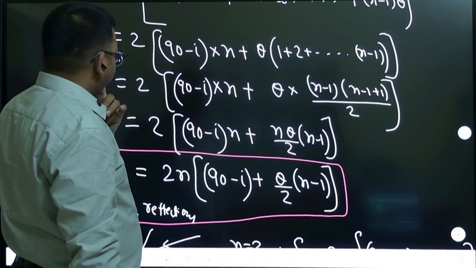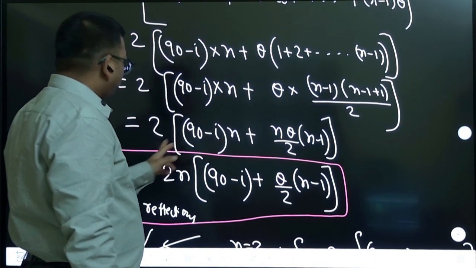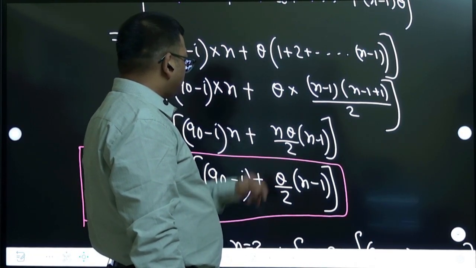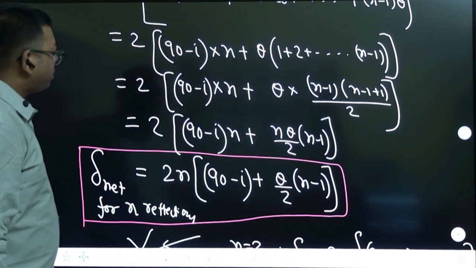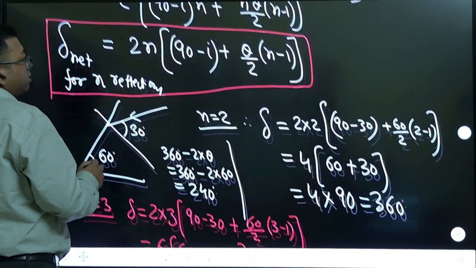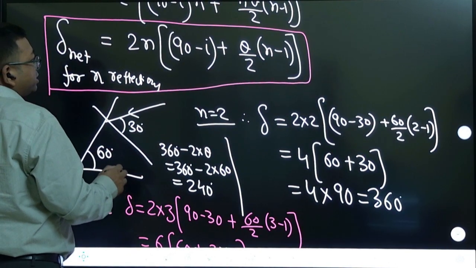That's what we have got. Okay. So I have also taken an outside. So 90 minus I plus theta by 2 n minus. Absolutely correct. There doesn't seem to be any fault here. Okay. But maybe we'll check afterwards. But